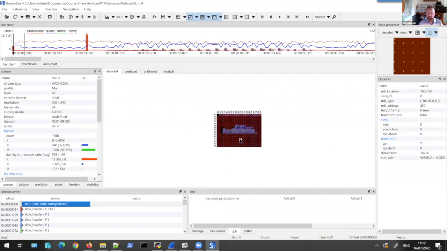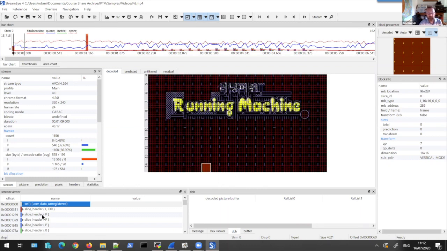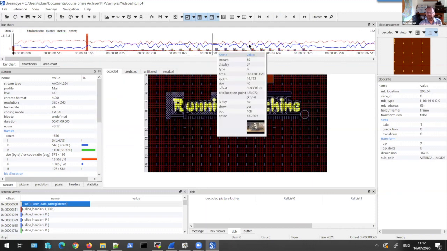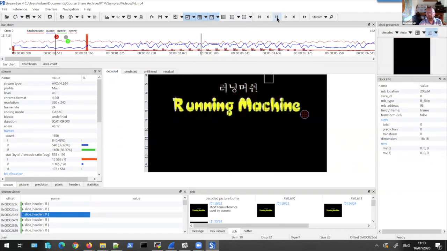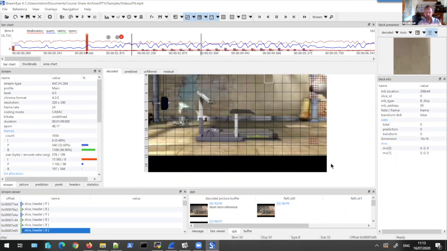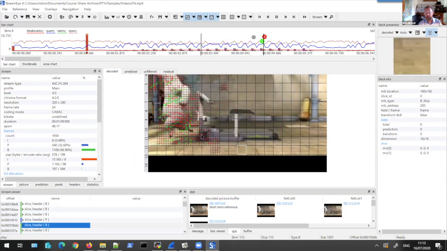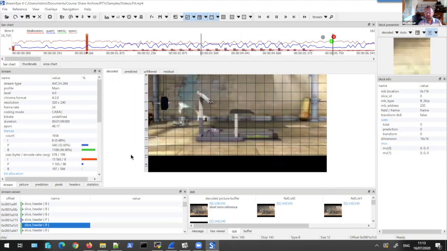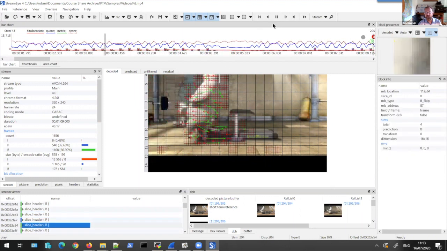Now, if I just expand that up a little bit, here it's analyzing. You can see iframes, pframes, bframes. Now, if I start this running, that's an iframe, by the way, and you may see those come through the top. If I start this running, you can see the motion vectors, macro blocks, as this bear runs across the screen, you can see the motion vectors being displayed. So if we just pause it,